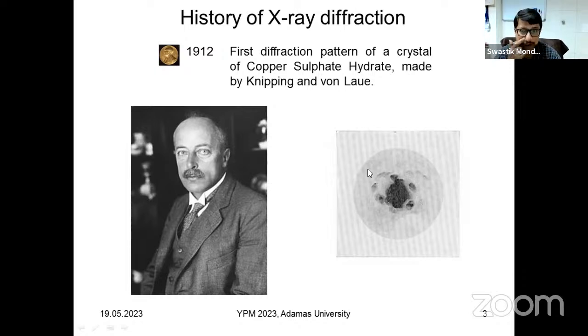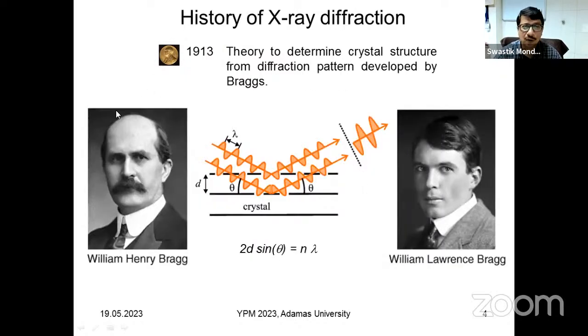That is the X-ray diffraction pattern from copper sulfate hydrate crystal done by Knipping and von Laue in Germany. This shows that though they put a single beam on the copper sulfate crystal, they found some spots. It looks quite bad in comparison to today's standard, but it was clear that the crystal was actually diffracting the X-rays. I put this picture beside because all these discoveries eventually got them the Nobel Prize. Immediately the next year, father and son duo, William Henry and William Lawrence Bragg, discovered the famous equation 2d sin theta equals n lambda, which is the basis of any diffraction pattern. If this condition is met, then we'll get